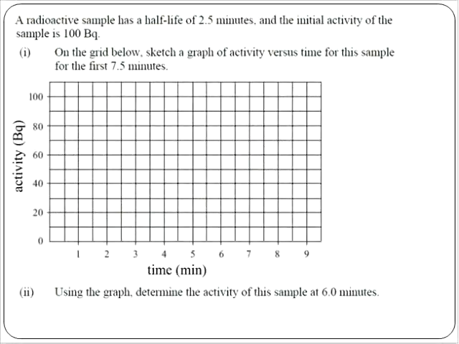Okay? Last question. This one's a little different. This one you were asked to sketch a graph. Activity versus time. So it started at 100, it says. So let's plot some points. First point is 100. Then it says it's a half-life of 2.5 minutes. So that means after 2.5 minutes, we're going to be down to 50%. In other words, we're going to be there. After 2.5 minutes, 50%. And then after another 2.5 minutes, which would be 5 minutes, we'd be down to 25%,